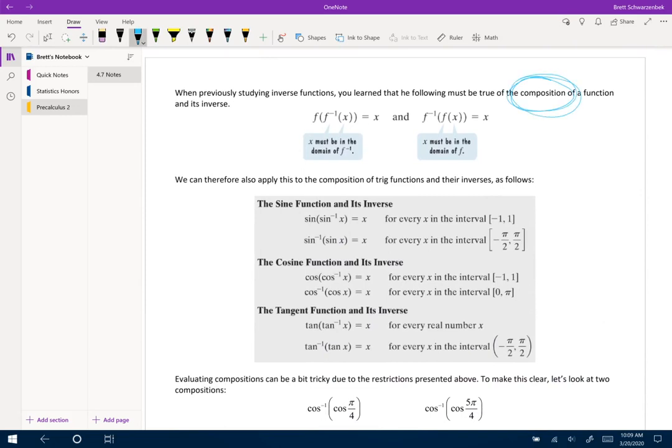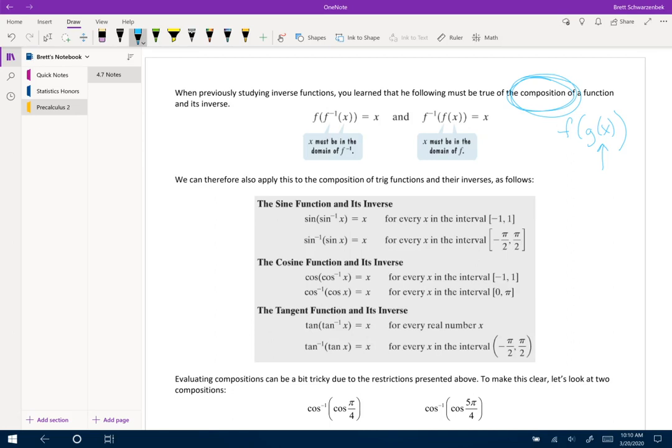So in Algebra and Precalc 1, you learned about this type of function notation. We would say f of g of x. So when we do f of g of x, basically the idea is we always work inside out. So we would evaluate g of x,